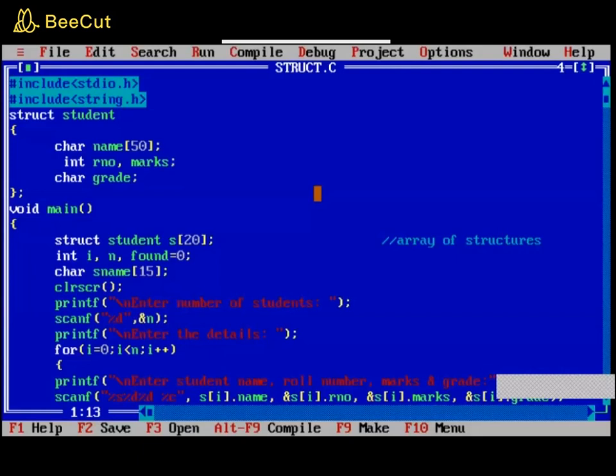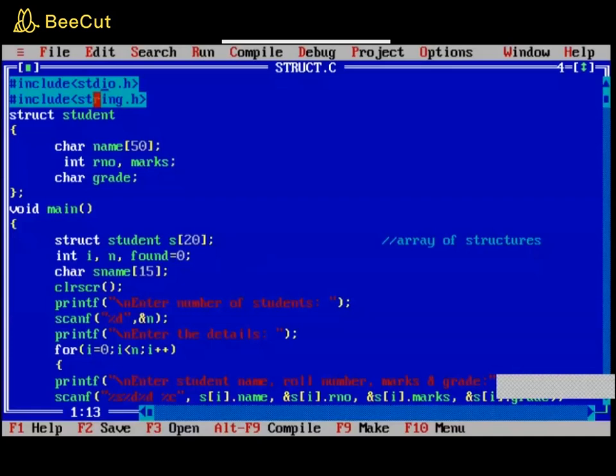Is it okay? So mainly we will be having a structure which will be having student's information like his name, roll number, marks and grade. And then as we generally do it, we will be accessing it with the help of the structure variable in the main. The first part of the program is creating a structure, entering the details of the students and displaying the details of the students. The second part of your program says you have to search a particular student's detail by entering the name of the student. So these are the two parts of the program.